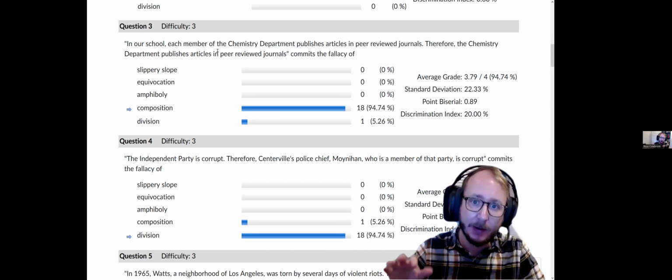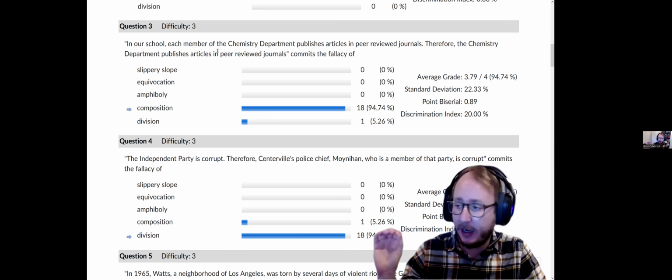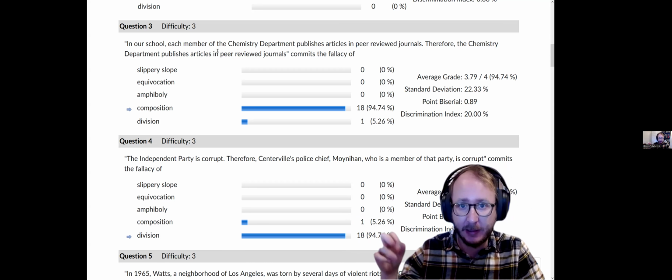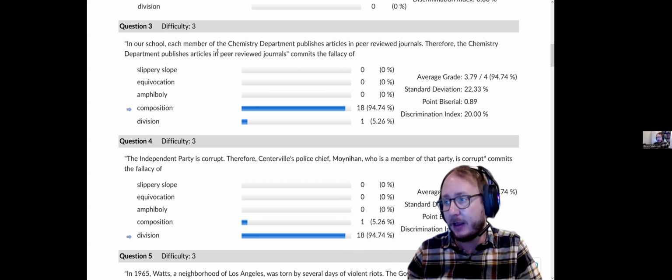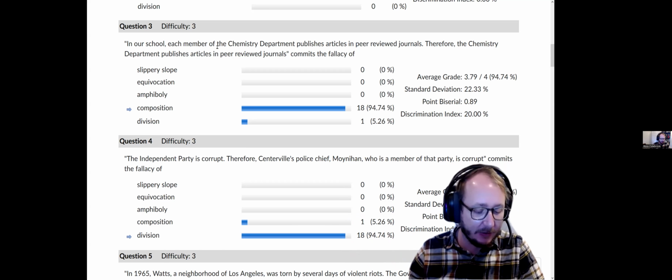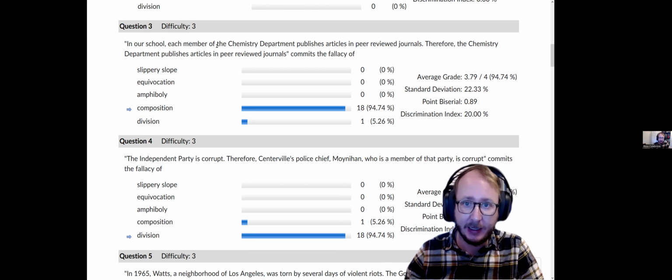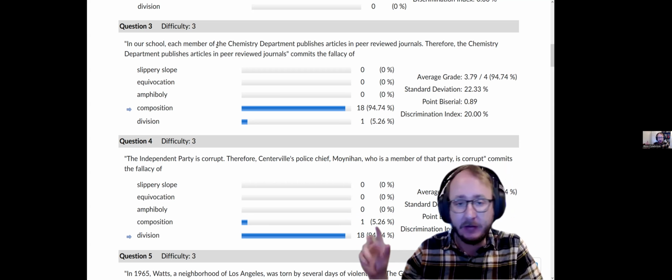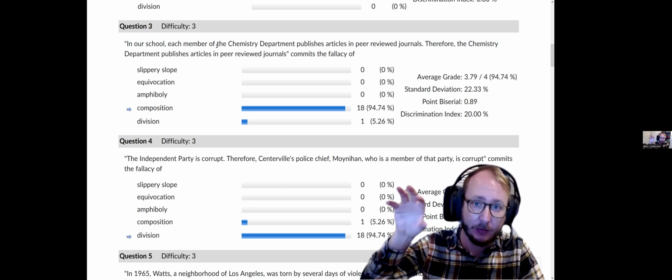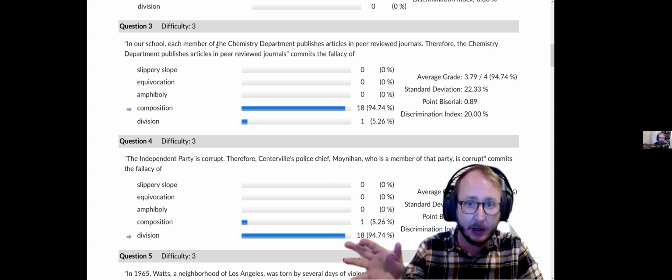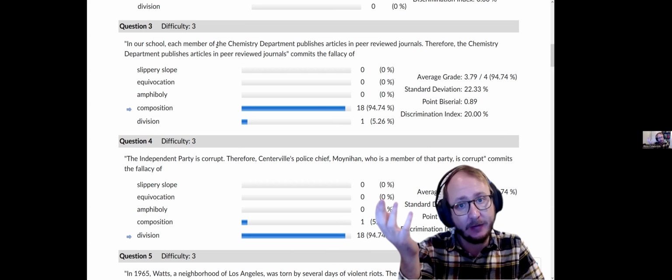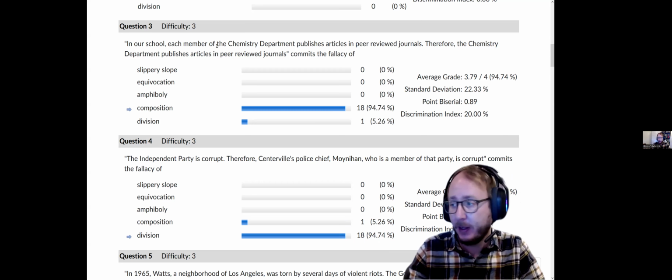The problem is that not all predicates apply to parts the same way that they apply to wholes, right? Sometimes they do, but a lot of times they do not. And the fallacy of composition is treating a predicate that applies to the parts as though it equally applies to the whole thing when you put it together. Division goes the other direction. It starts out with this whole thing and the premises, and then it draws a conclusion about each of the parts or one of the parts and says that because this whole thing has this feature, each of the parts must as well. And it's again a kind of error of predication.